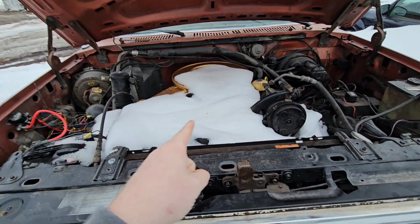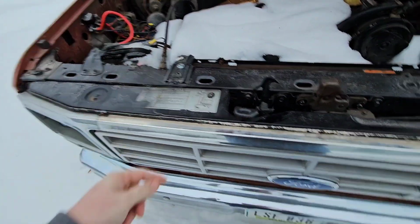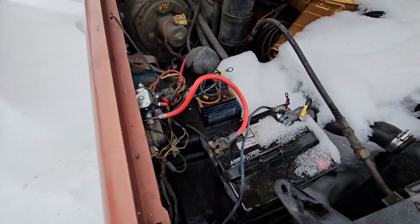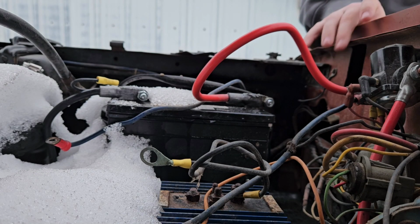Well, I definitely was not expecting this when I popped open the hood. Well, at least getting the battery out will be easy enough. Also, Crocs, still a terrible choice. Anyways, let's get this thing out. Alrighty, so